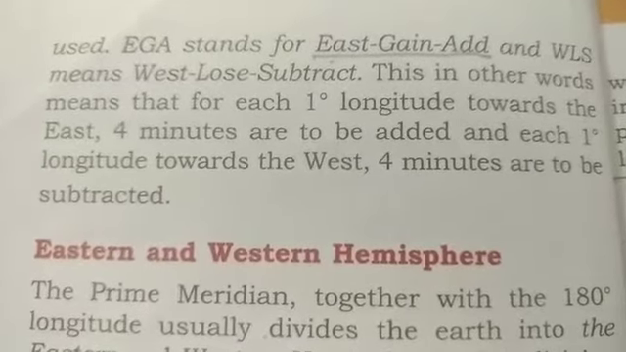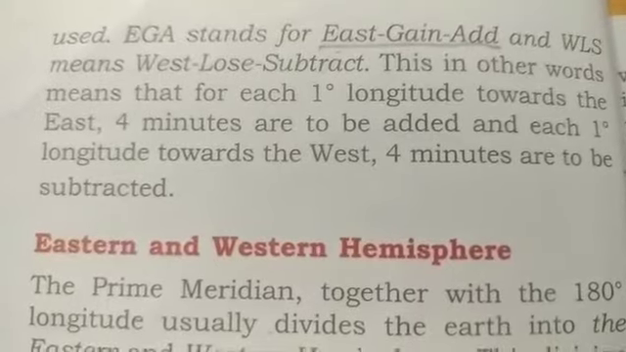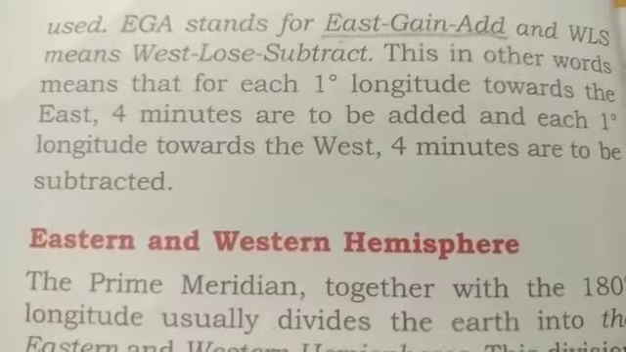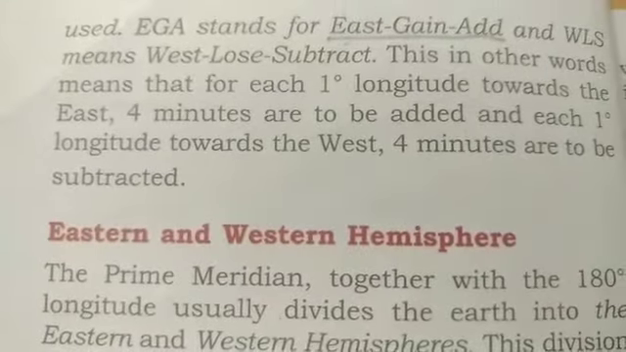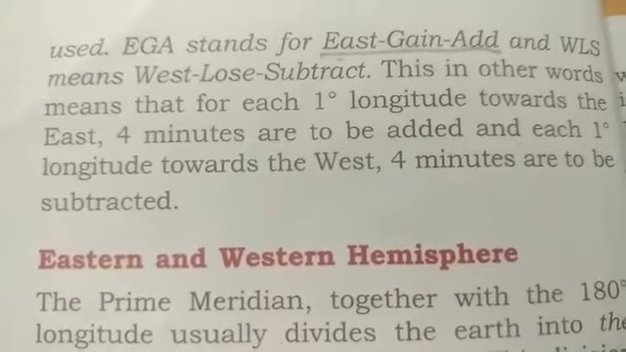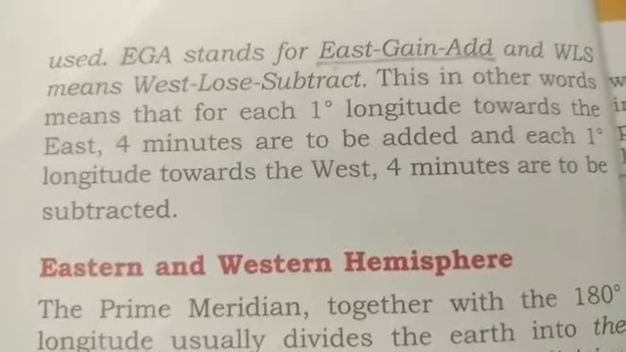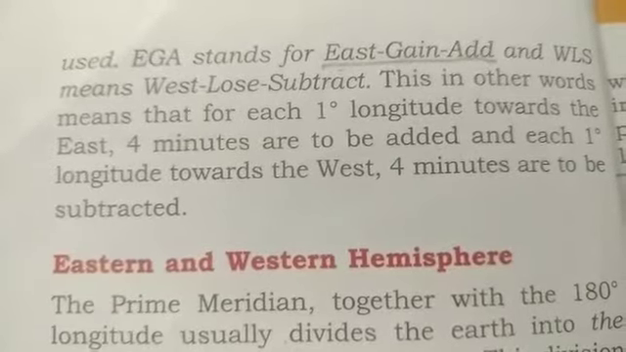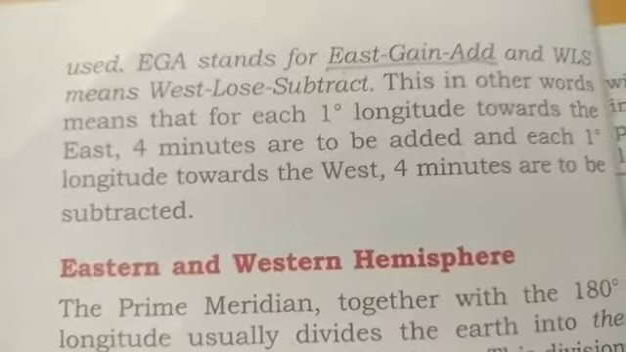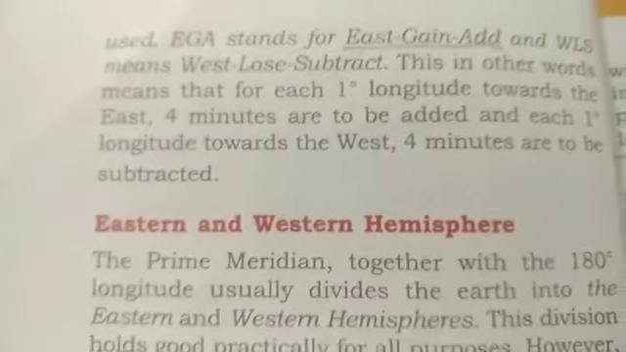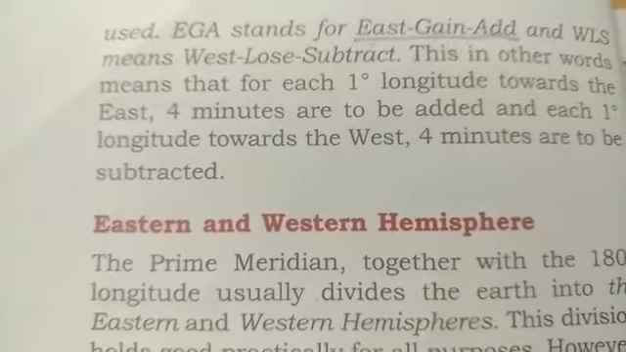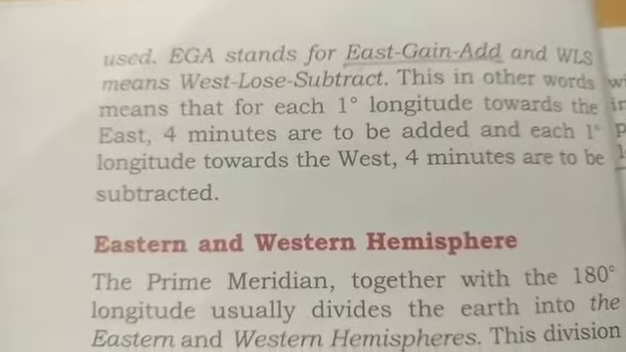This, in other words, means that for each 1 degree longitude towards the east, 4 minutes are to be added, and for each 1 degree longitude towards the west, 4 minutes are to be subtracted. So, that way, we will be calculating the time of different places. Don't worry, we will do it practically in the classes. For the time being, please study it from your book and try to gather an idea so that you will be comfortable during our revision study